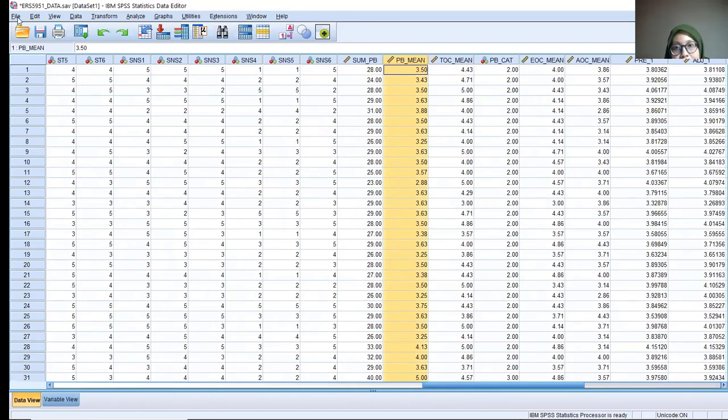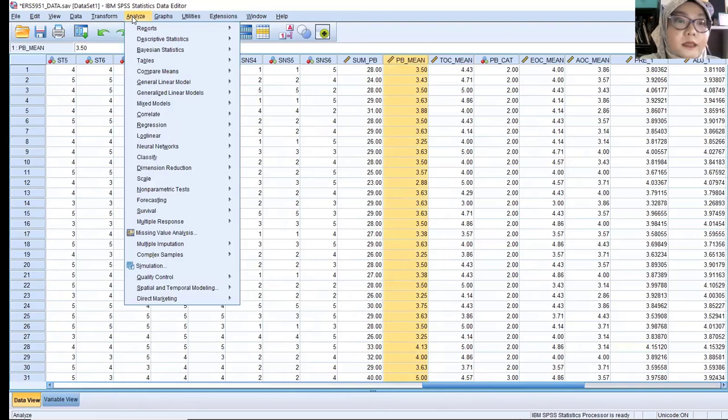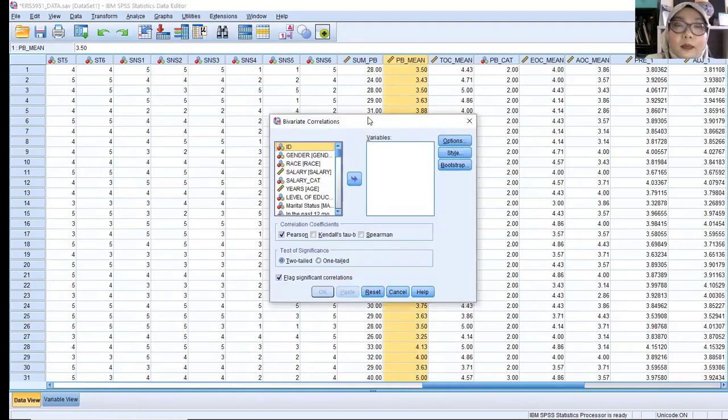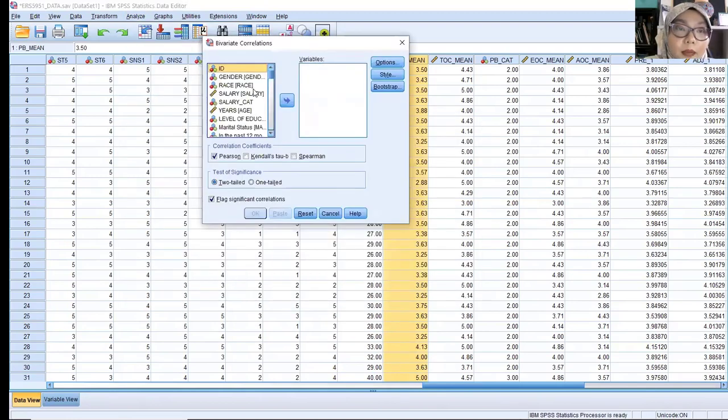Okay, so now to run the analysis, we just click Analyze, Correlate, Bivariate. After the bivariate correlation box appears, you just choose the two variables, which are your IV and DV, and locate them under the variable box.